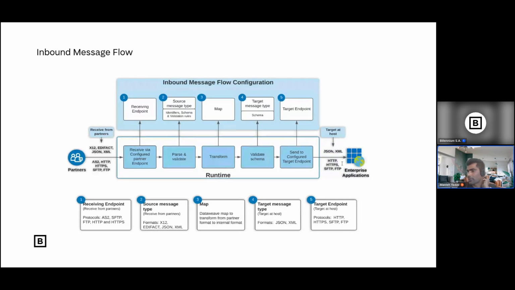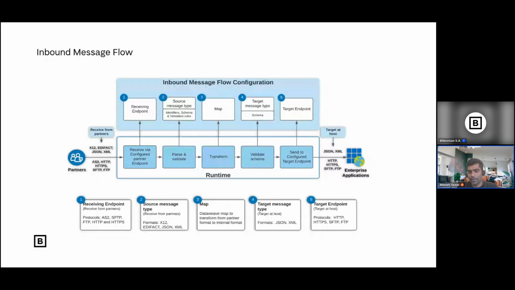The only problem is, for example, you are dealing with three partners. Maybe one is sending CSV with a comma delimiter, someone with a tilde, and someone with a different delimiter. In that case, you need to create three EDI connector configurations. You can create them, but you need to deal with the partner-specific experience API. If you have 3 to 5 partners, you can go for the experience API, guys. If you have more than 100 or 200 partners, go with Partner Manager. It's really easy to onboard partners.